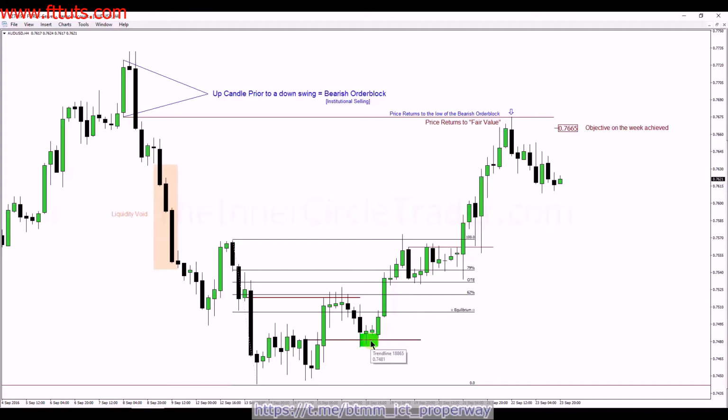So if you're looking to buy, what would you be looking for? An area to run out below the stops. In other words, sell stops below an old low. We don't see so much of that happening here. It doesn't need to do that. It's only returning down to this down candle, which is a bullish order block. A down candle before the market moves higher, that's where market support really resides. Okay, up candles before the market drops down, that up candle is exactly where resistance is on an institutional basis. So that's where selling occurs.